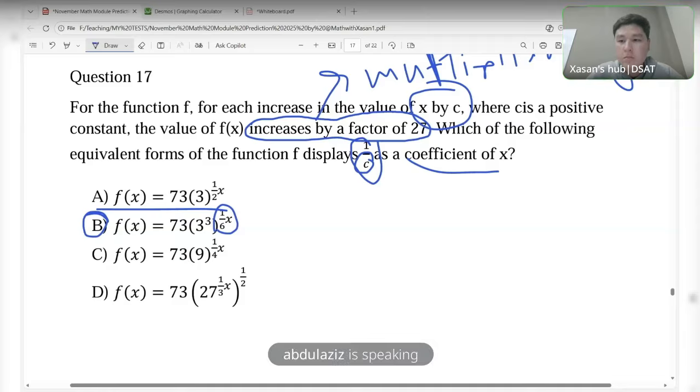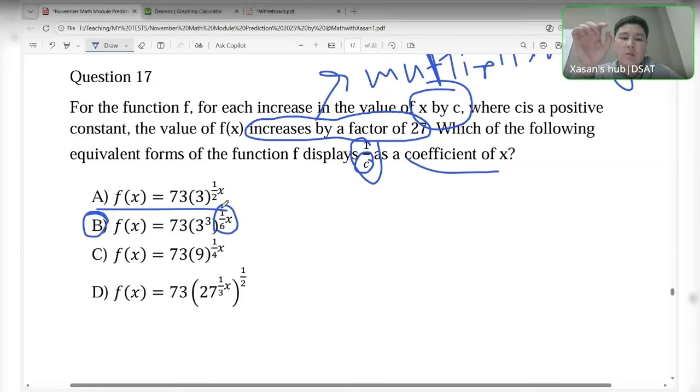What about the answer if we multiply 1 over 3 by 1 over 2? It's going to give us 1 over 6. Of course, you'll get 1 over 6, but it is not represented as the coefficient of x. It must be the coefficient just in the function. Do not multiply, do not add, or do something else. It must be just visible in the function itself. For example, here we found c equals 6, and 1 over 6 is just in option B. There is no 1 over 6 in option D. Understood.